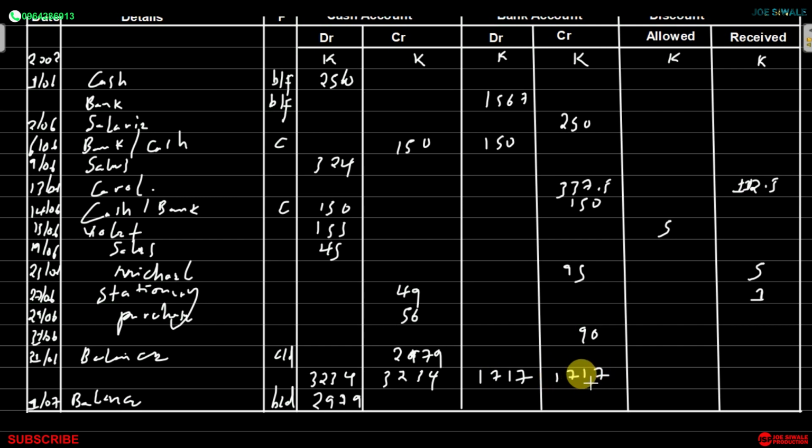Then we'll subtract the total of the credit side from 1,717 so that we can find our balance carried down. So there, our balance carried down is going to be 794.5. So to record our balance brought down, we're going to say